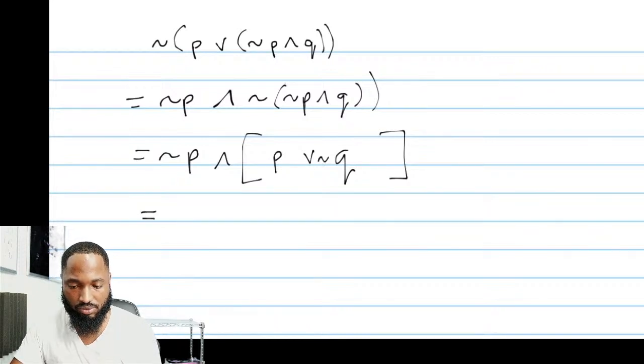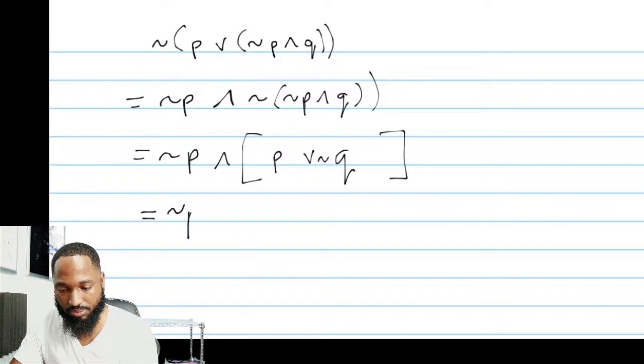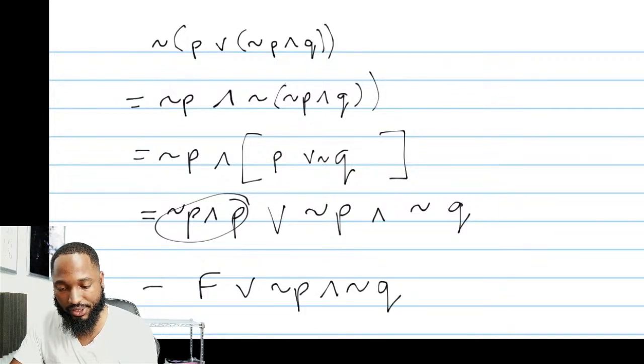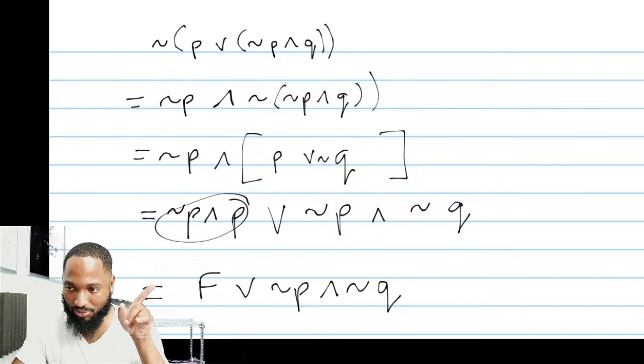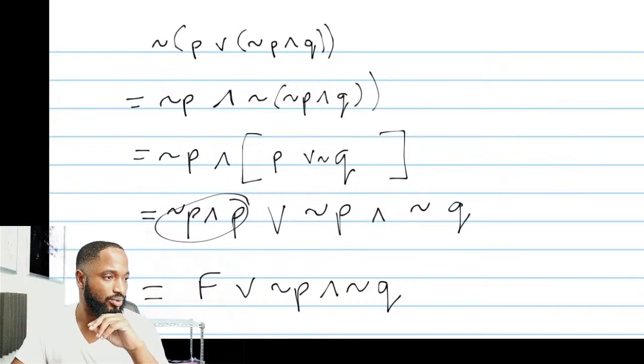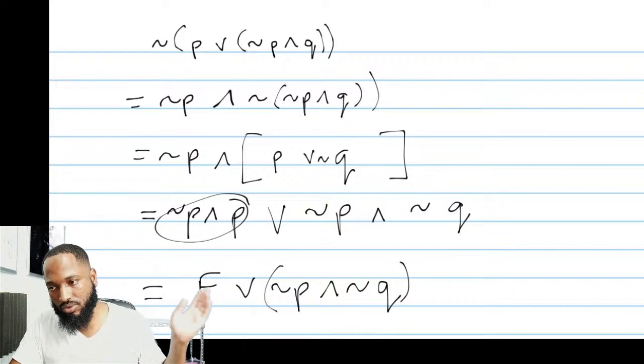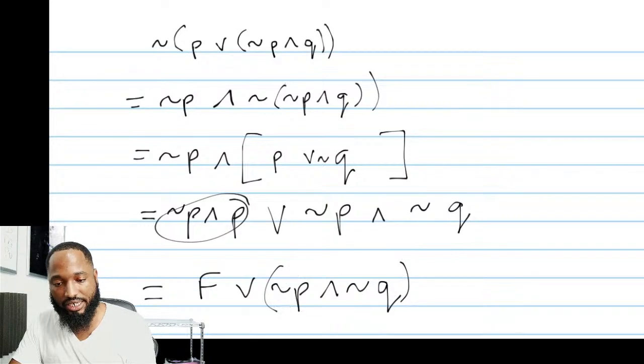And now, distributive law, so this P and E, or this P, not P and not Q. This is false or not P and not Q. See how many steps it takes? It takes one too many steps here. That last step throws it into another paper too. So false or anything will just give you the thing. So this is the answer in the end here.